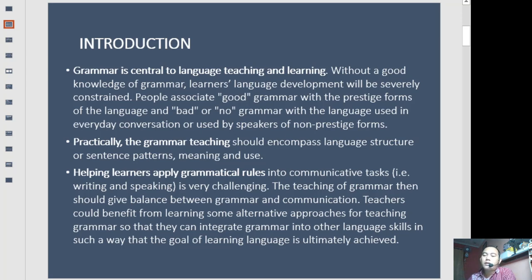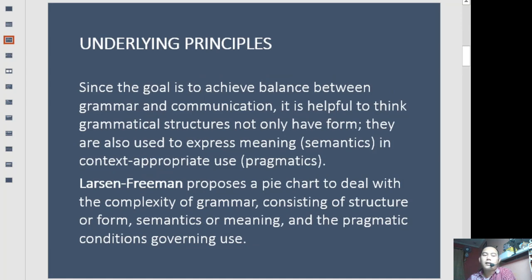Teachers, especially in the context of EFL, could benefit from learning some alternative approaches for teaching grammar so that they can integrate grammar into other language skills in such a way that the goal of learning language is ultimately achieved. The underlying principles: since the goal is to achieve balance between grammar and communication, it is helpful to think that grammatical structures not only have form or morphosyntax, they are also used to express meaning or semantics in context-appropriate use or